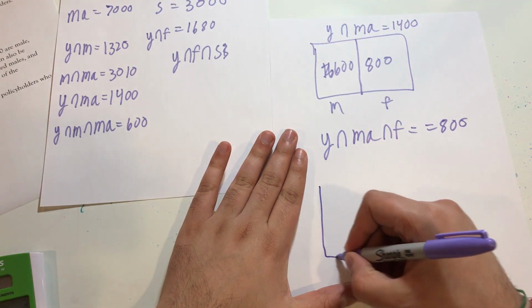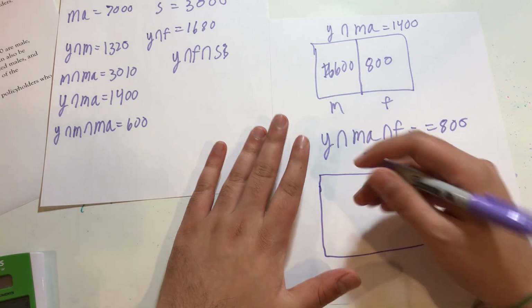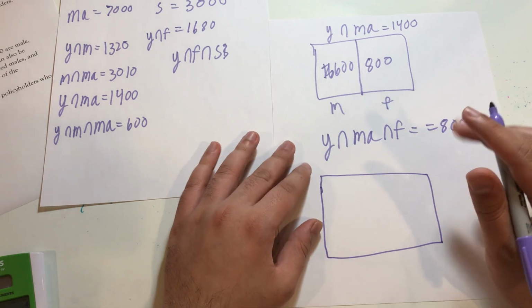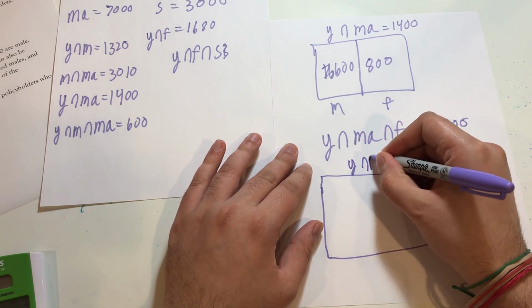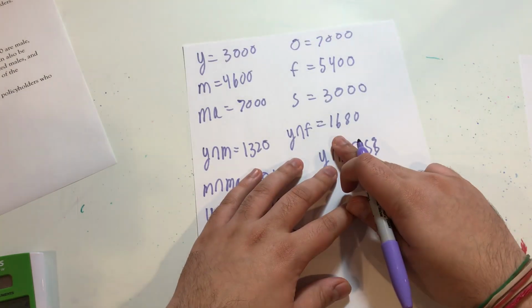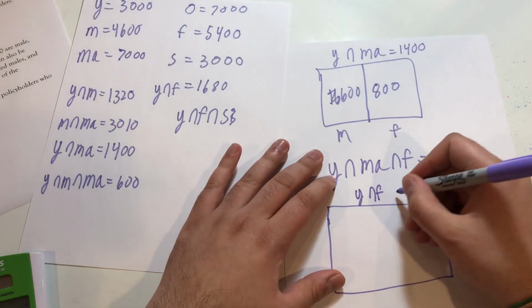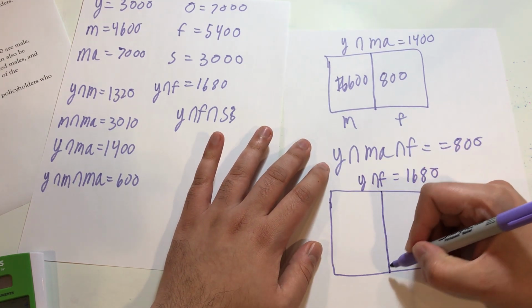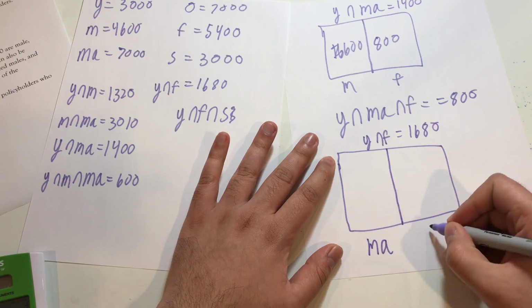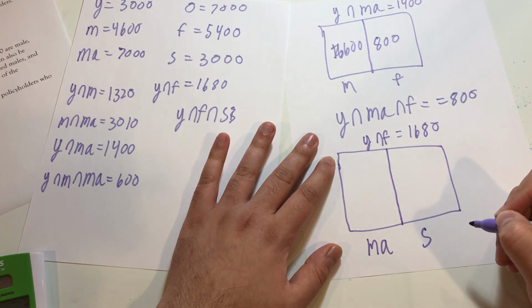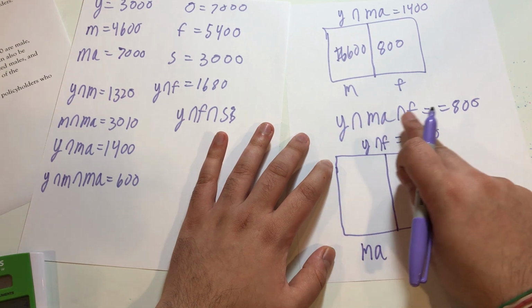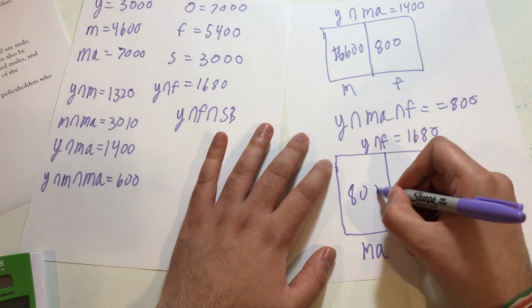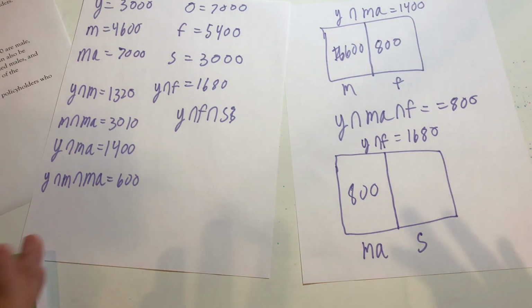So let's now visualize. Drawing diagrams and pictures always helps. Let's visualize everyone that's young and female. Earlier, we found that number to be 1,680. Now, if you're young and female, according to our classifications, you're either married or you're single. We figured out young married females: that's 800 of them. 800 of our policyholders fall into that category.